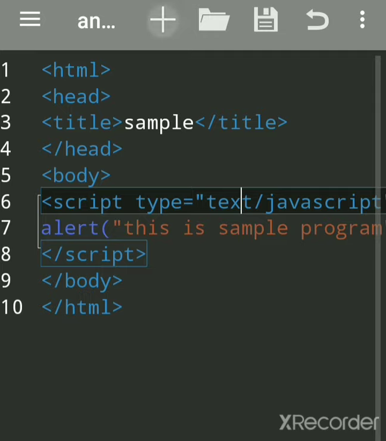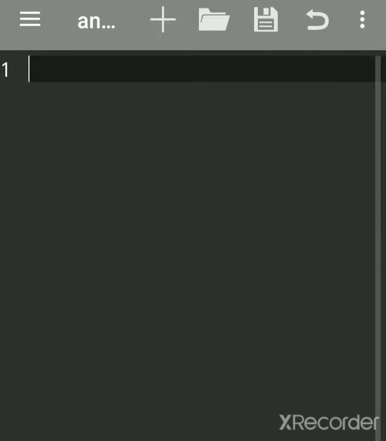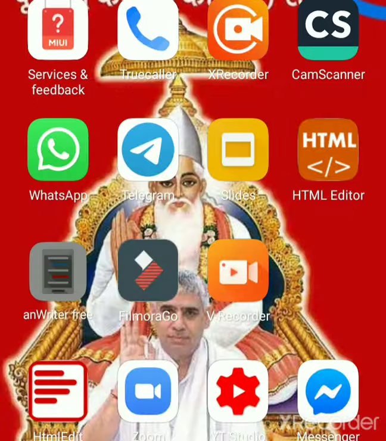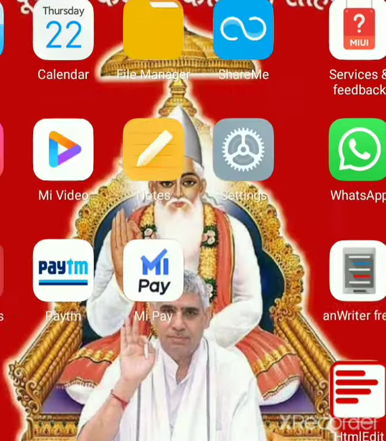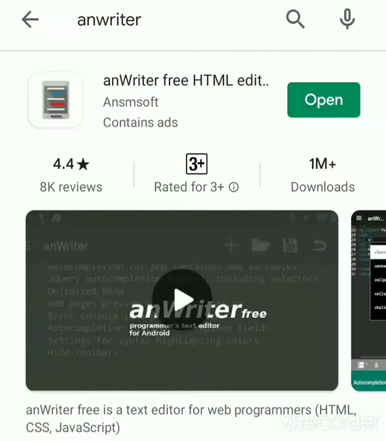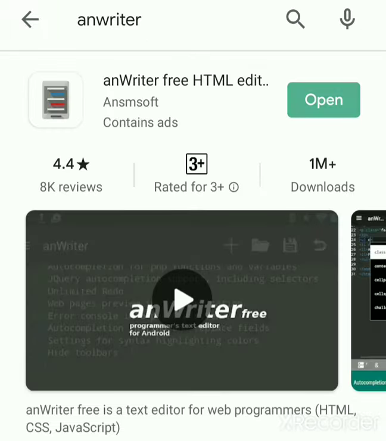So we'll see new file and how to load it. So we'll see first how to load Android app so that you can practice on mobile. So this is Androider app. I'll show you how to load. So right here Androider app, and as it is already loaded, I'll open.